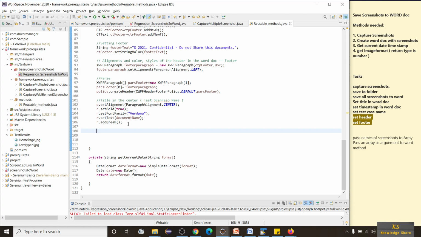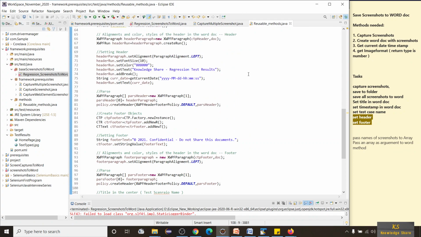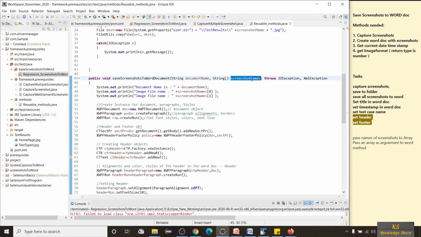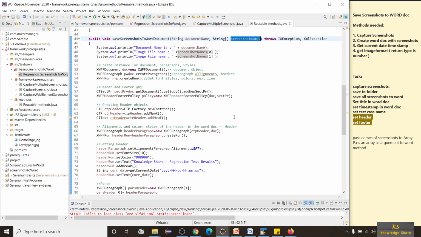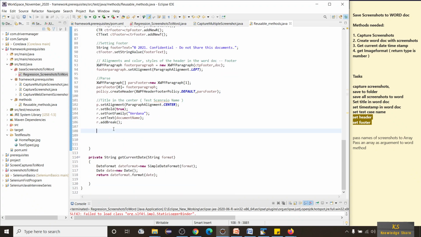We are going to get all the files and set the width and height of the images, and then copy it into the Word document. For this, we already have an array here with the screenshot names. So let's take that in a for loop and copy one by one into a Word document. This is simple. Let's see how we do that.